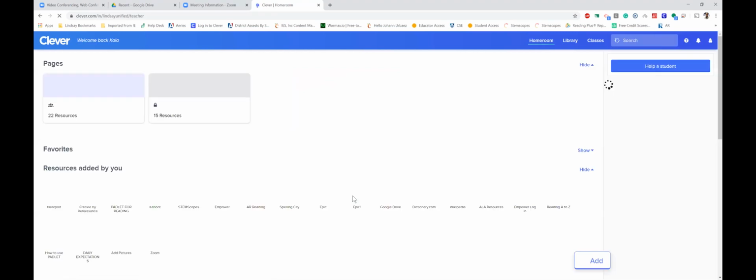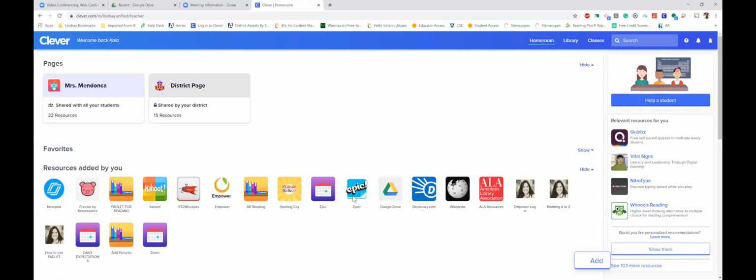And as soon as you log into your own Clever account, you're gonna see the district page, and you're also gonna see your own learning environment page. So as you can see right here, this is Ms. Mendonca's homepage. Whatever she adds to this page, that's where only her learners are able to access. So that's why every LF is gonna have to create their own link to make sure that your learners are able to access this. So no one else will be able to access, only your learners.